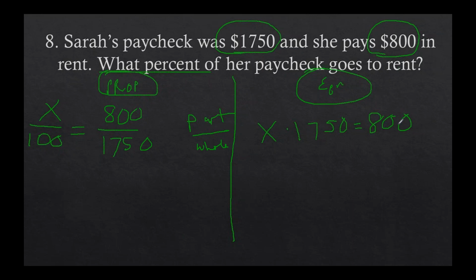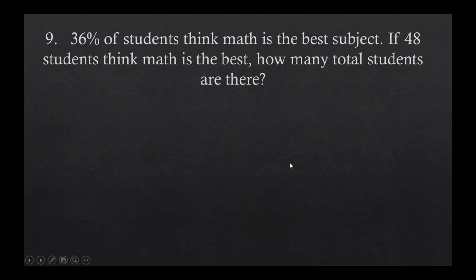So when we look at this, let's go ahead and round to the nearest percent. What percent of her paycheck does go to rent? And we've got good answers there. To the nearest percent would be 46%, which is just depressing, but totally a true statement. All right. So again, every one of these problems that we do can be done either way, equations or proportions. All right, so from here on out, and all of your homework, exams, you can do it however you want.